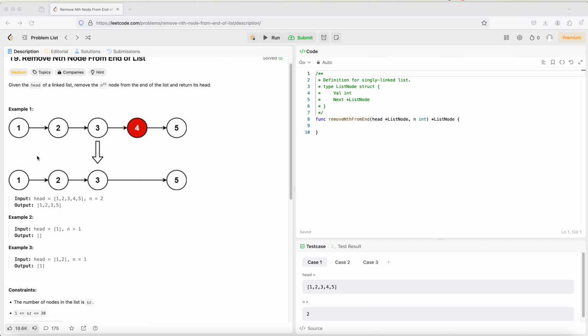Now let's look at another corner case. Let's say I want to delete the 5th one. So our slow pointer is here, and the fast pointer is here. And then how to figure out